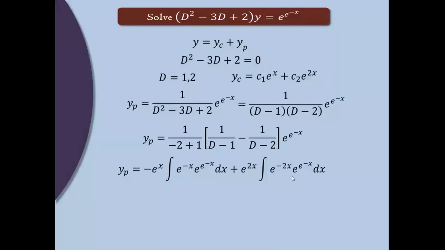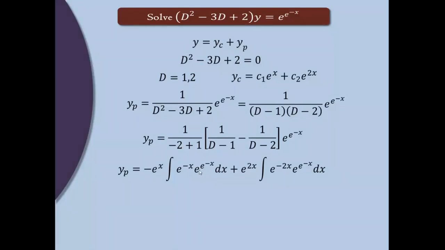Now look at this integration. Here we have e raised to some function, and here we have e raised to minus x. Direct integration of this is not known. It is a product of two terms, so we can try integration by parts, but finding the derivative of this or the integration of this is quite difficult. So using integration by parts is not at all convenient.